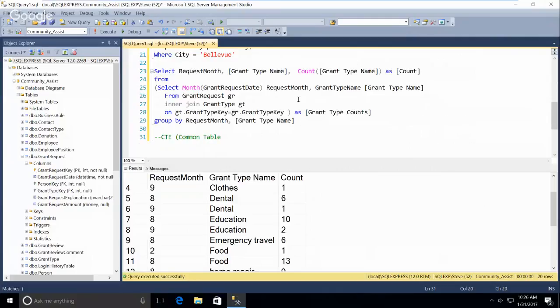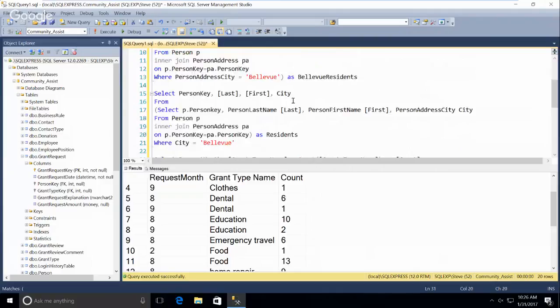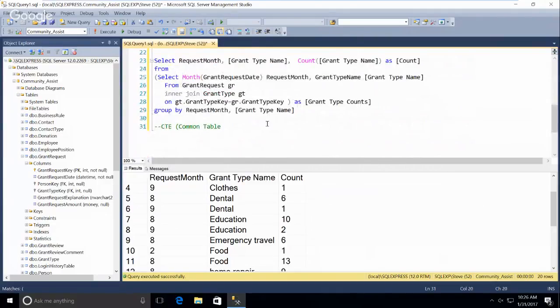They call them table expressions. A common table expression is just a different syntactical structure for doing exactly the same thing. In fact, I'm going to do exactly the same thing, but in a different structure. You've never seen this: WITH, and what I'm going to do is name it. So WITH, let's just call it residence,